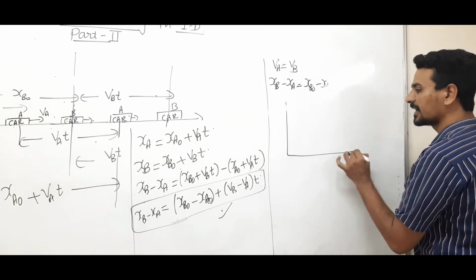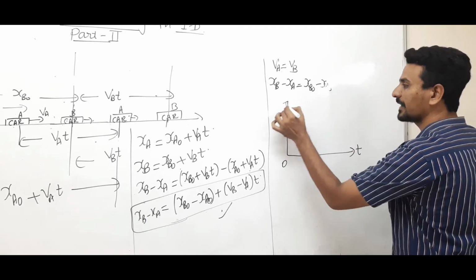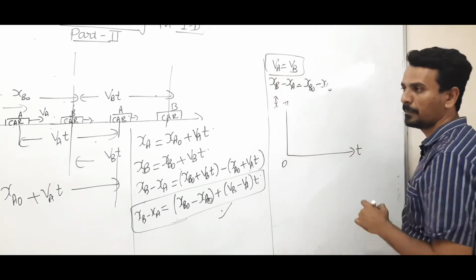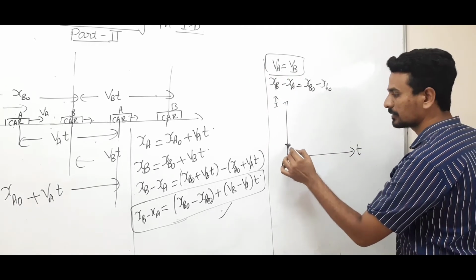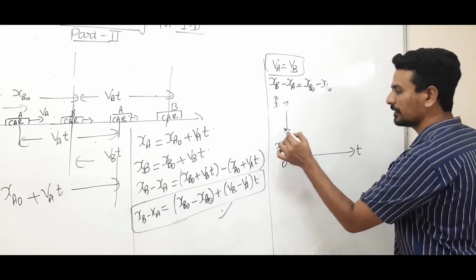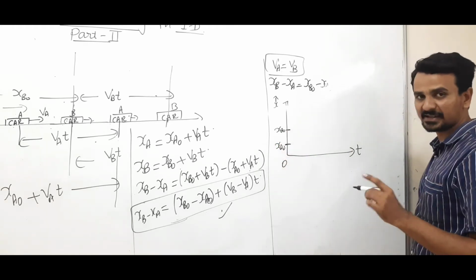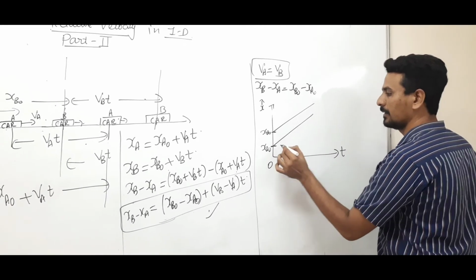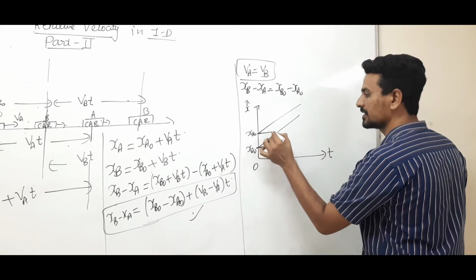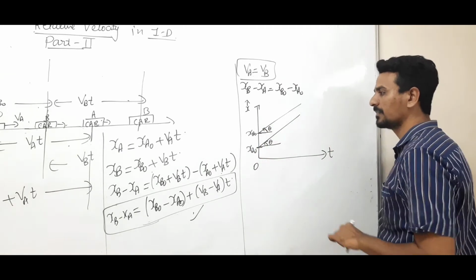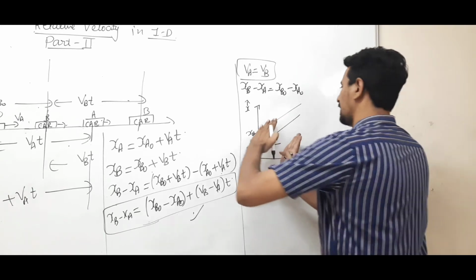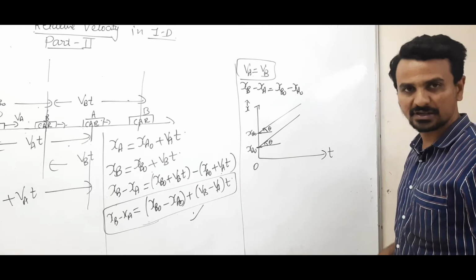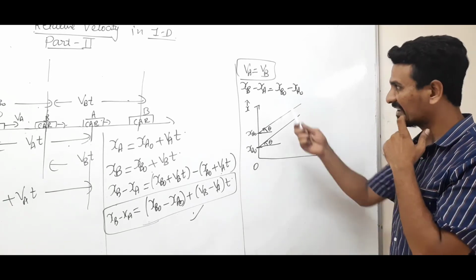Okay, so now we know that the slope of the graph of x versus t will give me the velocity, and in our case the velocities are the same. X is 0 somewhere here, x0 somewhere here. Both are having the same velocities, so the slope of the graph should remain the same. This should be theta, then this should also be theta. This is how the graph will look. They will not intersect, both are moving with the same velocity. Clear? This is the graph, this is the situation.